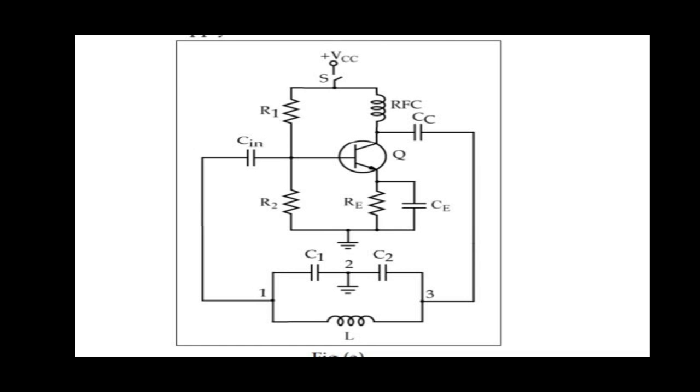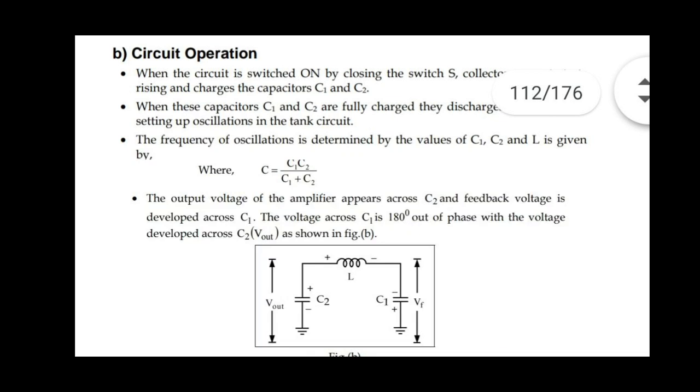So it is called the bypass capacitor. CC is called the coupling capacitor, used to block DC signal and allow only AC at the output, or Cin on the input side. The radio frequency choke permits flow of DC and blocks AC, because an AC signal on the power line would affect the output signal. This is the circuit detail we have discussed. Now the operation we have to discuss.